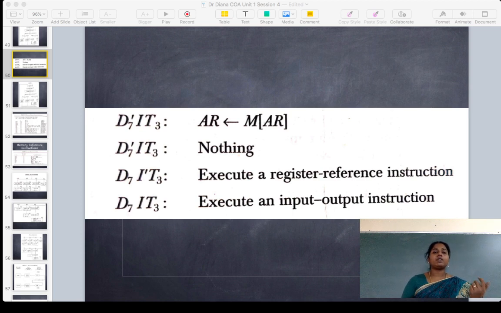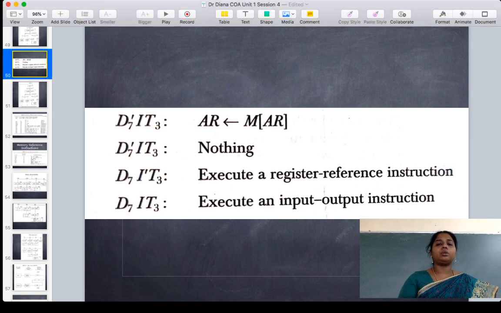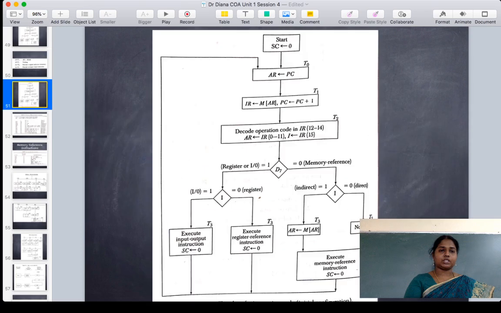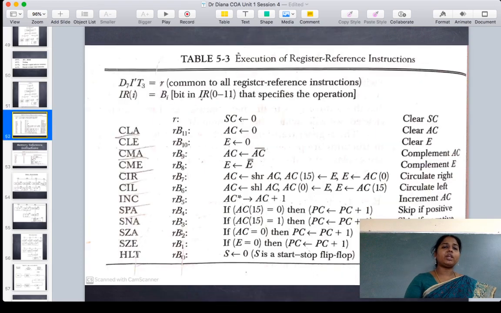And when D7 value is 1 and I value is also 1 at time cycle T3, we execute IO instruction. This is what we have seen in the previous sessions. And we started with our register reference instruction. So when we look into register reference instruction, we commonly have the control information as